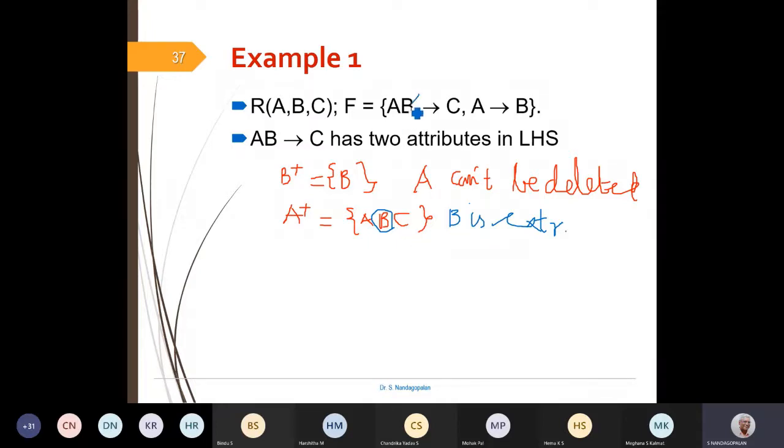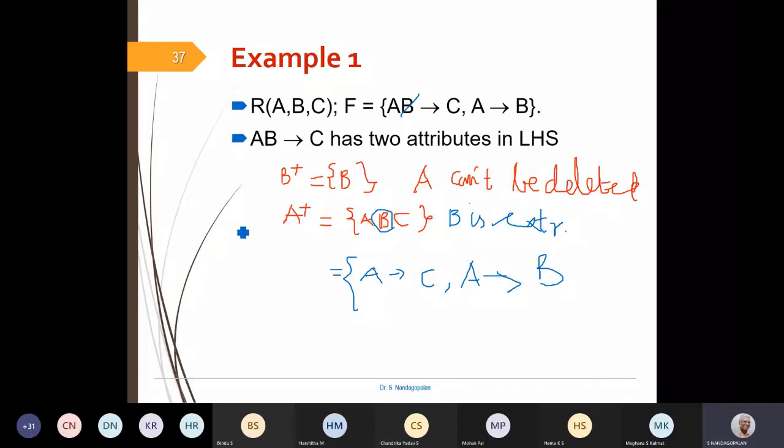So from this I can delete B. So the final FDs are A arrow C, then A arrow B. No more FDs can be reduced from this, so this could be the minimal cover, that is G. So this is my G.